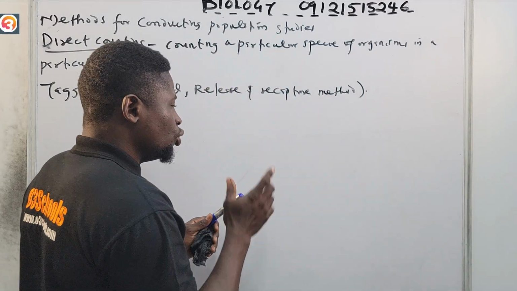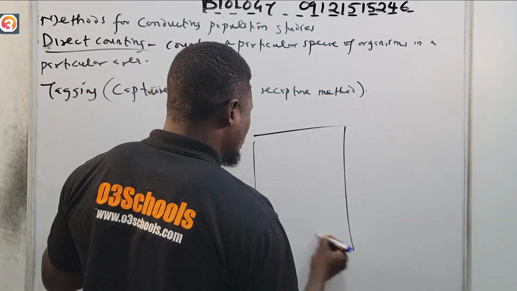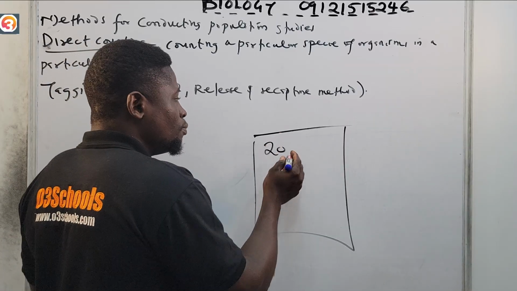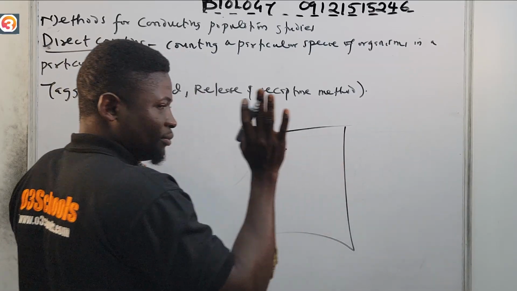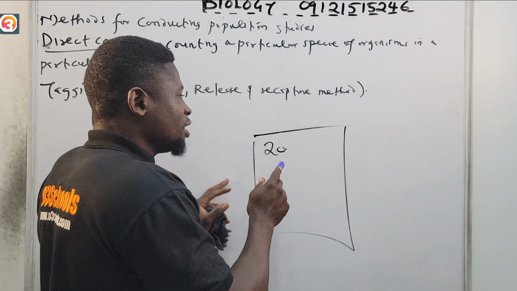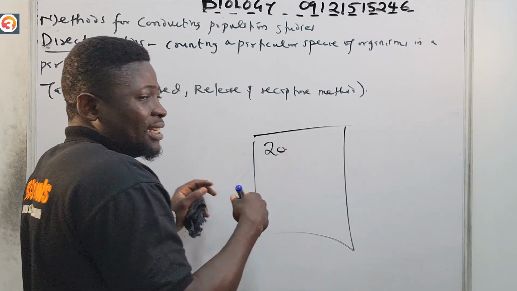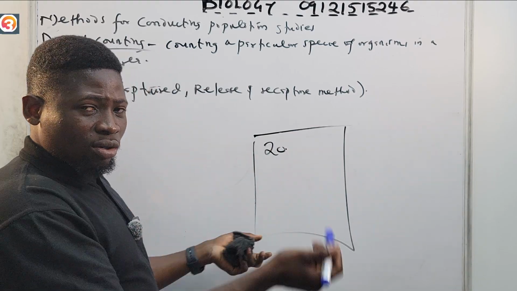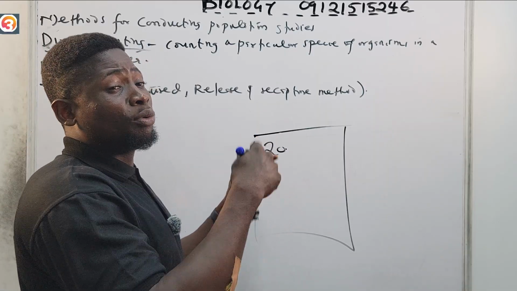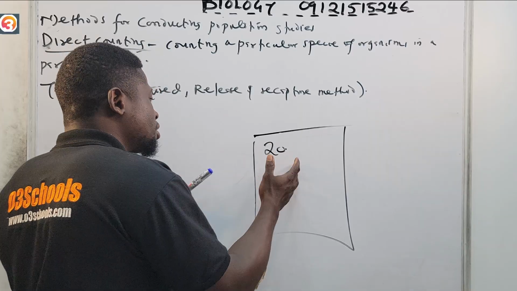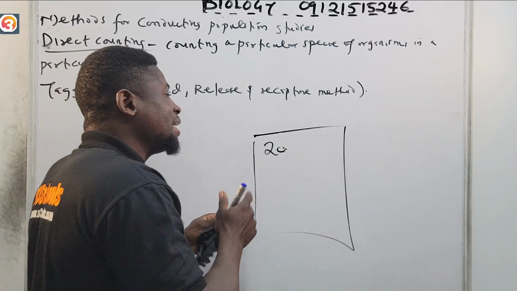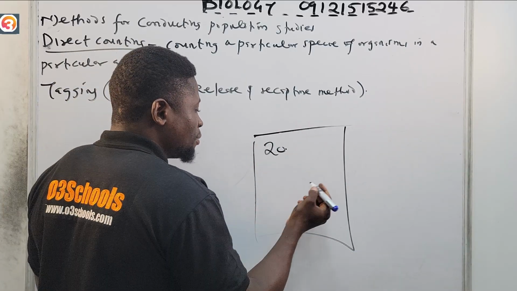Let me explain again. You come to a particular field like this, then you capture, let's say, 20 organisms. You mark these 20 that you have captured, then you release them to the field again. Then you leave it for some time and come back again. It is possible that before you come back, they might have interbred and given birth to young ones. It's very possible that many young ones are born at a time. So if you now come to recapture again, it's very possible that inside the ones you capture, you now have